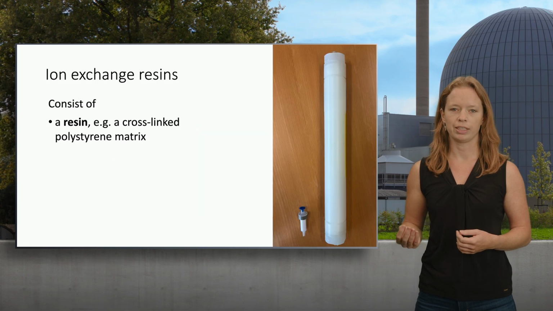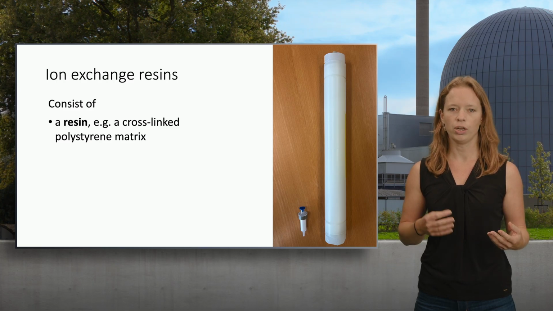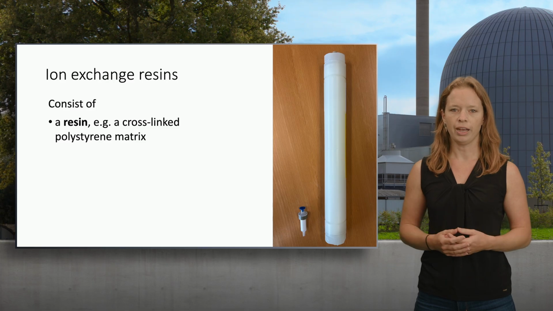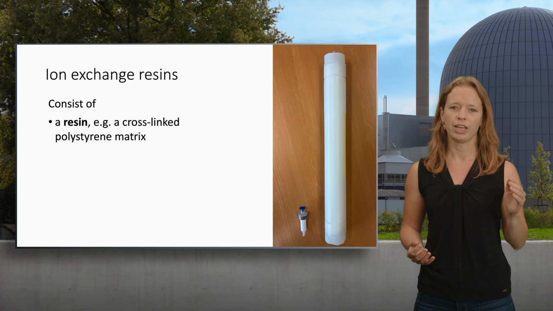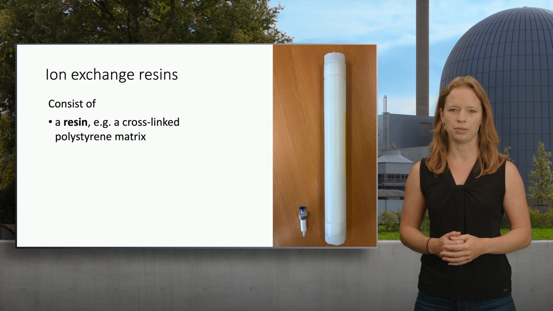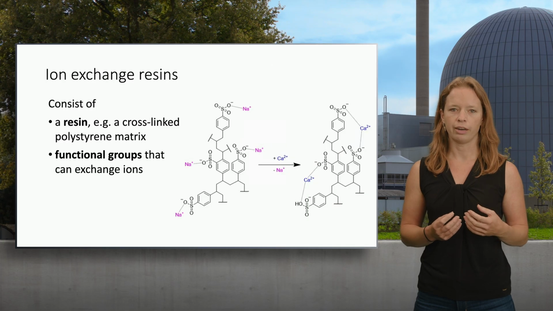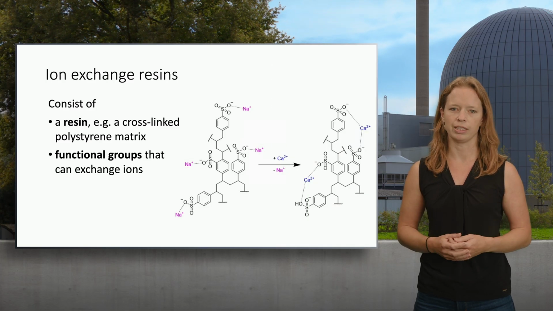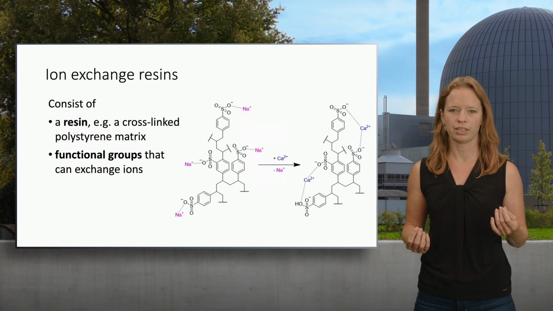Next to quality control methods like TLC and HPLC, chromatography is also frequently used to separate the product radionuclides from their target materials. Ion exchange resins are most often used and known for their very high separation factors and ease of use. These resins are packed in a column, which can be either very small or very large, depending on the amount and type of materials you need to separate. They consist of, for example, a cross-linked polymer matrix. The matrix contains functional groups that are able to exchange ions depending on their binding affinity. In this example, you see that sodium ions are exchanged with calcium ions.